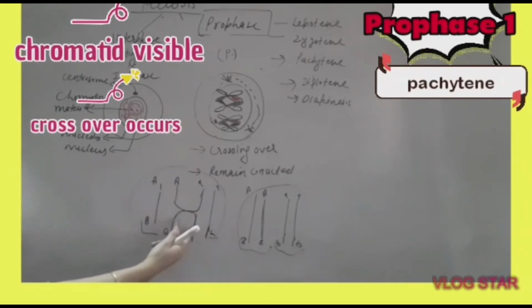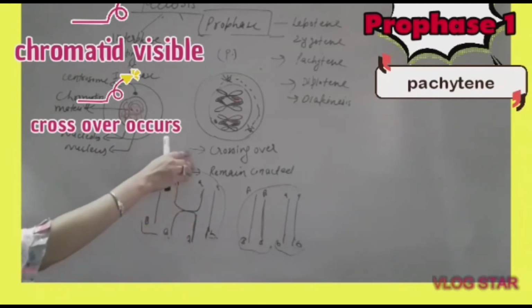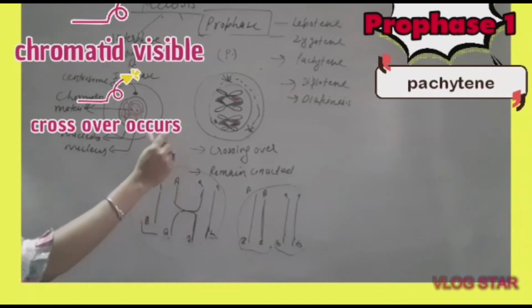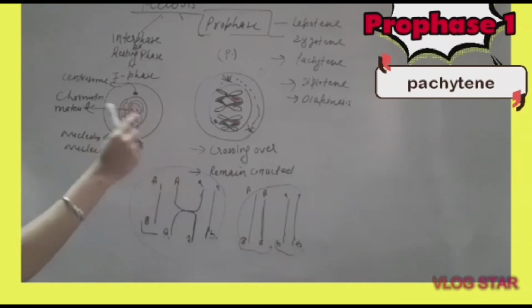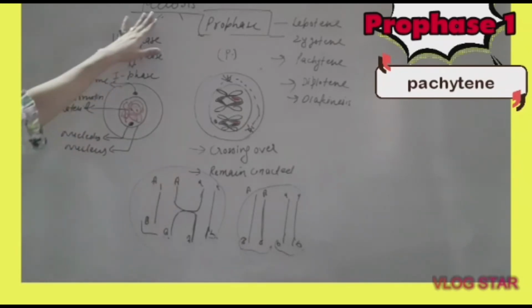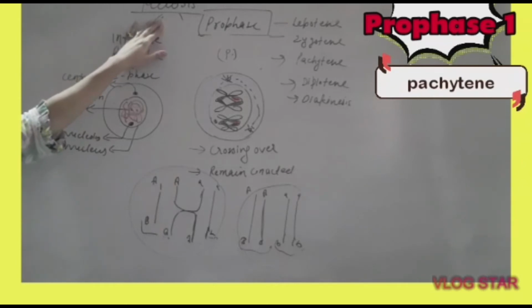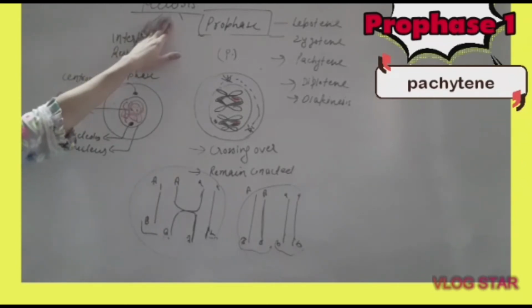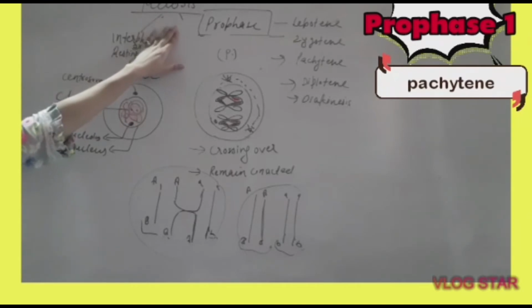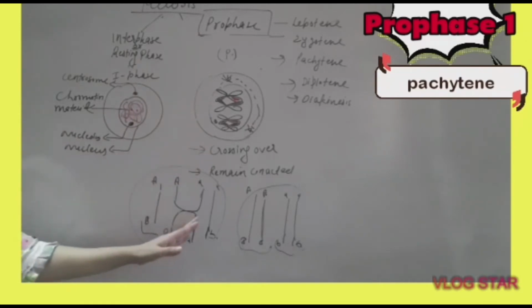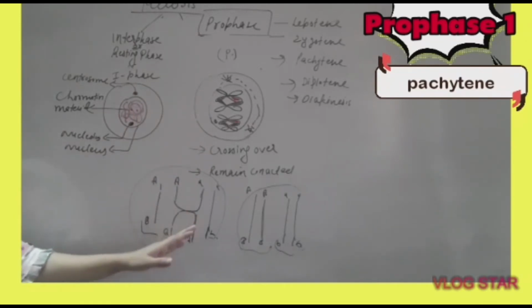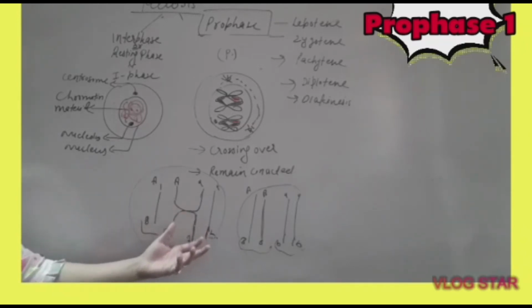That is, they exchange the segment but remain connected. They do not get separated yet. They remain connected, and this crossover is the biggest reason to bring variations. That is the reason no two individuals are alike, because meiosis takes place only during gamete formation. Gametes, the sex cells of a body, are formed by meiosis, and in meiosis crossing over always happens. By crossing over, gametes have different types of variations. That is why we individuals are never alike, because all gametes are not formed identical. Gametes bring variations.